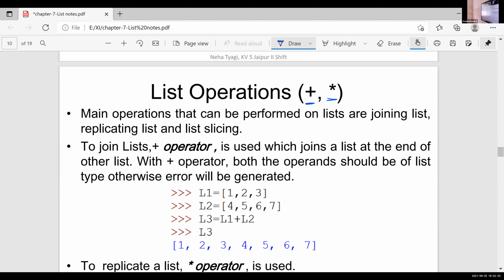Main operations that can be performed on list are joining list, replicating list and list slicing. For this joining operation, we are using the plus symbol. To join list, the operator used is plus.